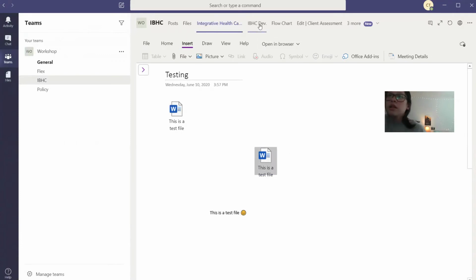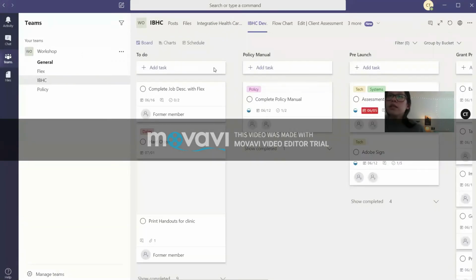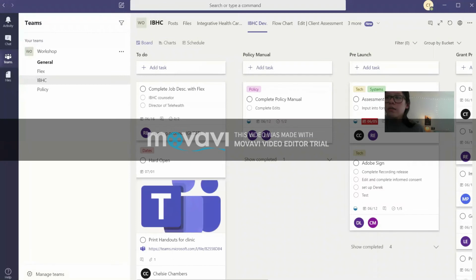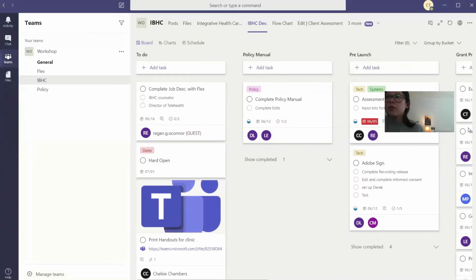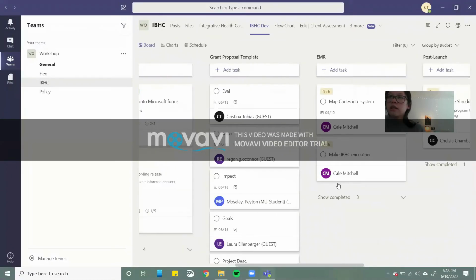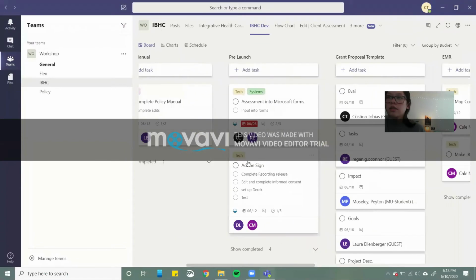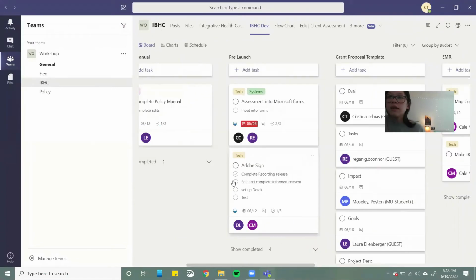So then here, IBHC Dev. This is the planner for Teams, and you'll see it has like a to-do list, like policy manual, pre-launch. These are just various things in Teams that need to be done. So you can see what tasks are due for certain people. You can see due dates. You can see the subtasks, and whenever you're done with a particular task, you can just check it off and